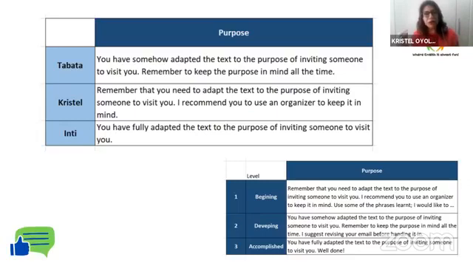I remember you to use an organizer to keep it in mind. So what I'm doing is assigning a number to each student, and the Excel is going to work immediately. So it's going to be very easy for me to do this matching. And as soon as I have all the elements, what I can do to give my students formal feedback